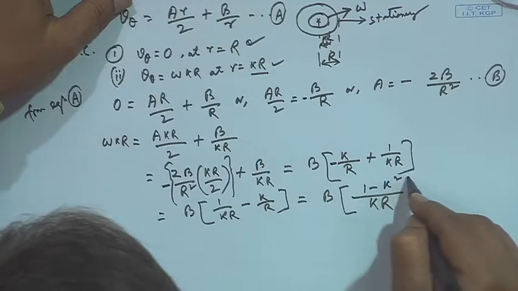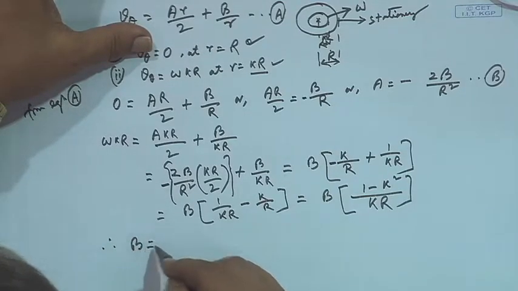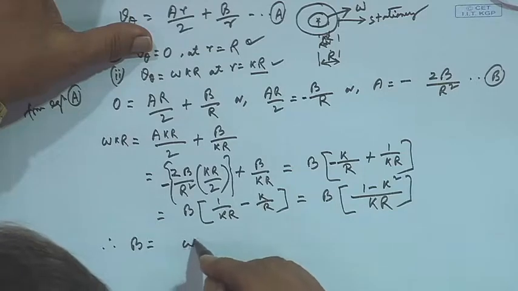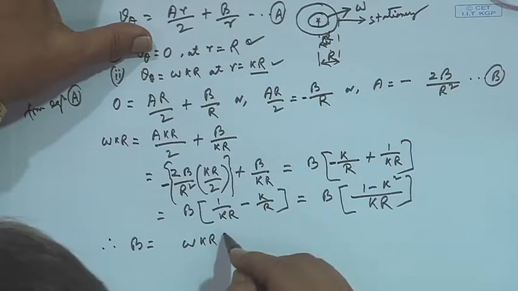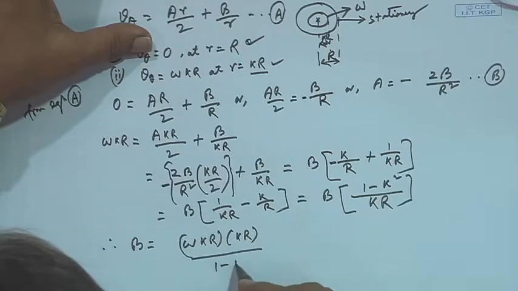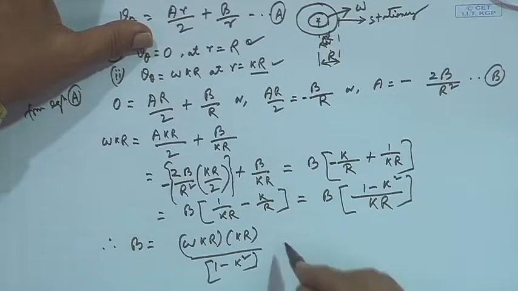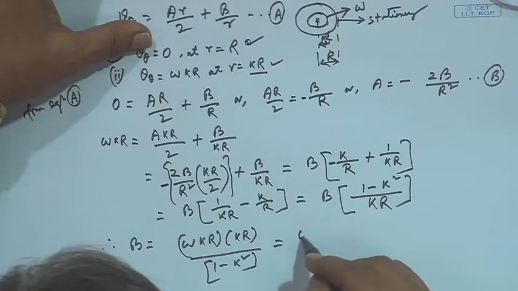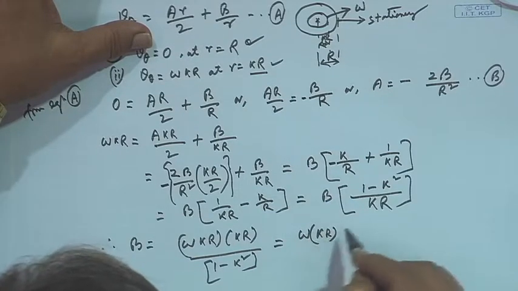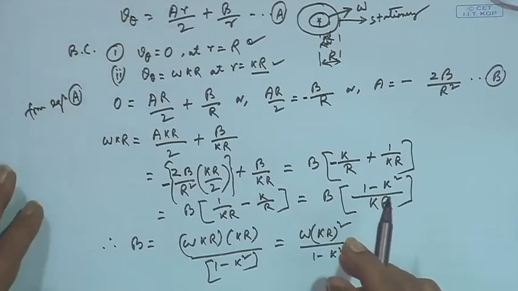So, K square, right. Therefore, B becomes equal to omega K R into K R by 1 minus K square, right. So we can write this as equal to omega K R whole square over 1 minus K square, right. So on substitution we can write that